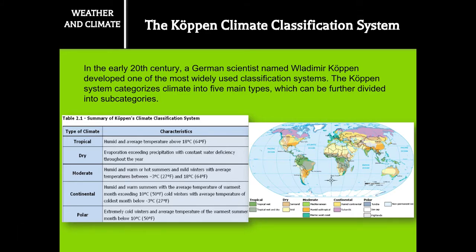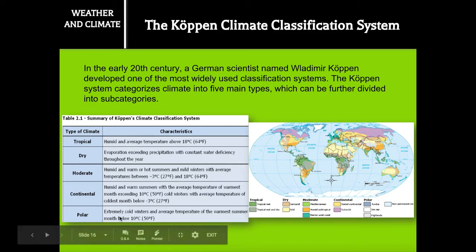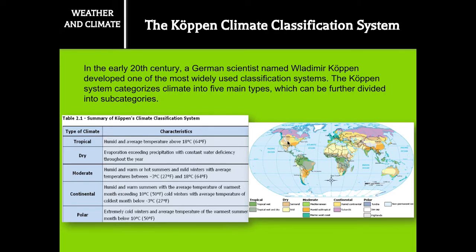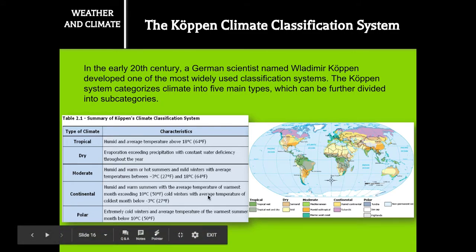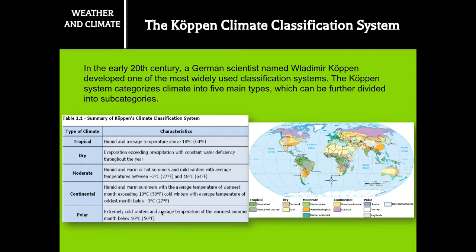We have tropical climates like rainforest, dry climates like deserts, moderate climates, which is what we are, so write that down. What type of climate do we have? We have a moderate climate where we have warm summers and mild winters. So winters don't get much below freezing. And continental and polar. So continental is what you would expect in the middle of a continent where you have that really big temperature range because you're far away from water. And then polar is going to be very, very cold, where your warmest summer is less than 50 degrees.